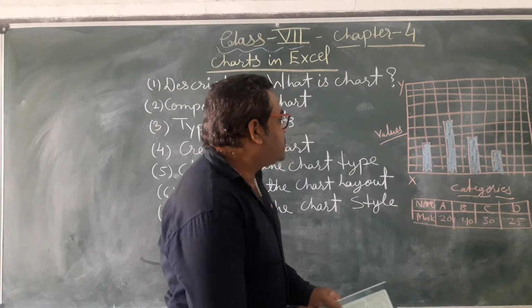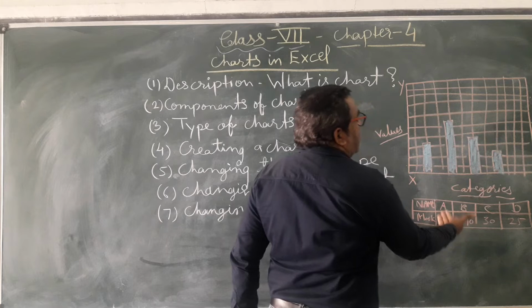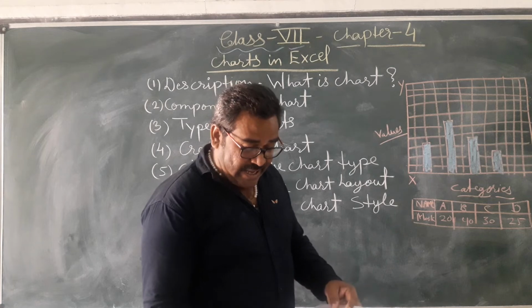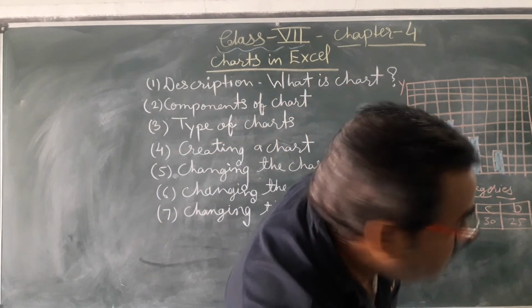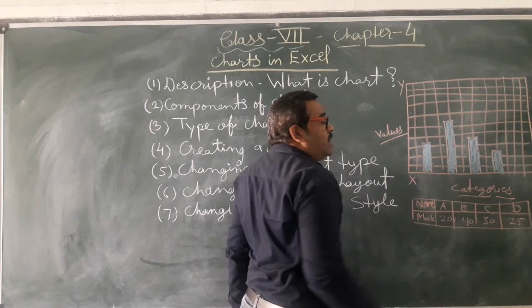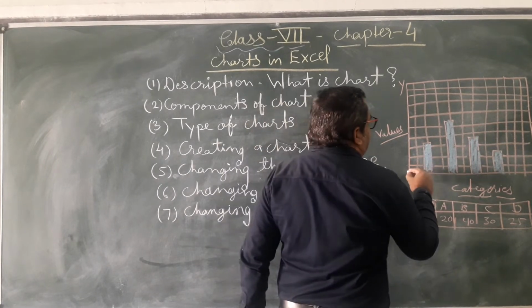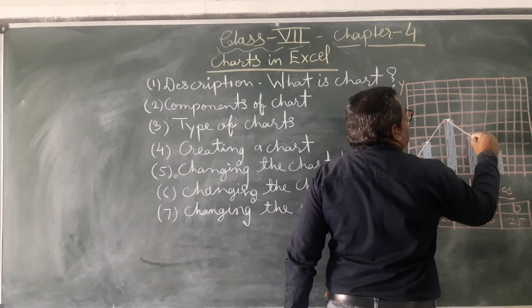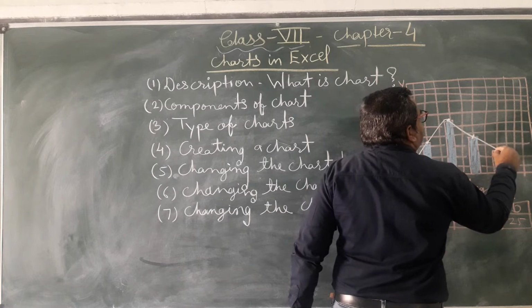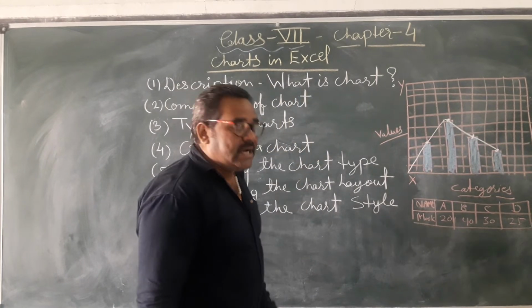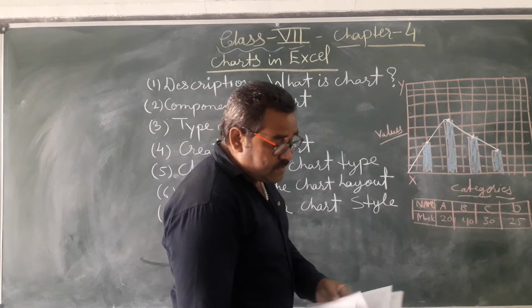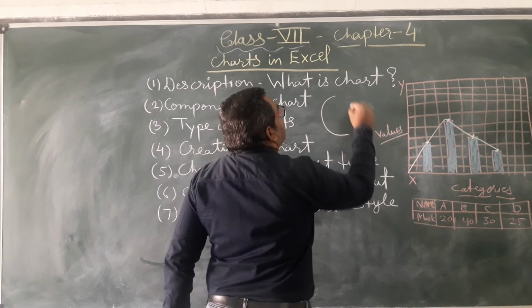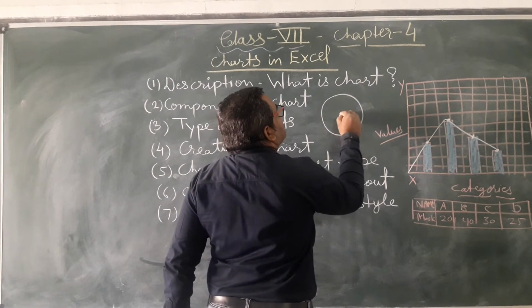Column chart. This is called a column chart. Your data is represented in a column manner. Then line chart. A line chart belongs to line. Your data just moves on like that. This is called your line chart. Instead of columns, we can use a line chart also. Then pie chart. A pie chart is round in shape. This is a pie.